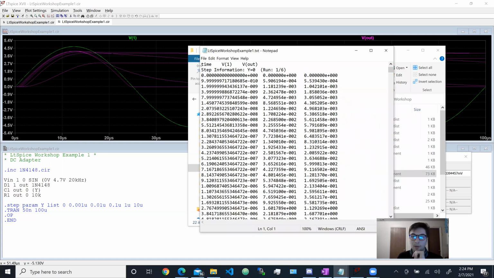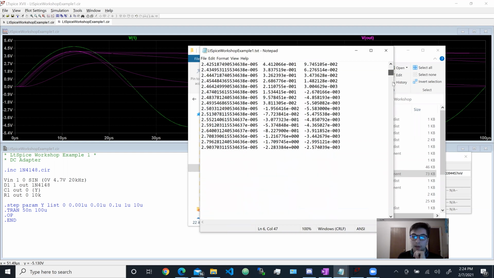So now what you can do is you can see, okay, first variable here is time. Every single one of these is time. And then the second variable is V1, which is our input. Our output is right here. And then right here it says step information y equals 0, and it says run 1 out of 6. That means because we did 6 different variables. We had 1, 2, 3, 4, 5, 6. And if you notice, if I scroll down,